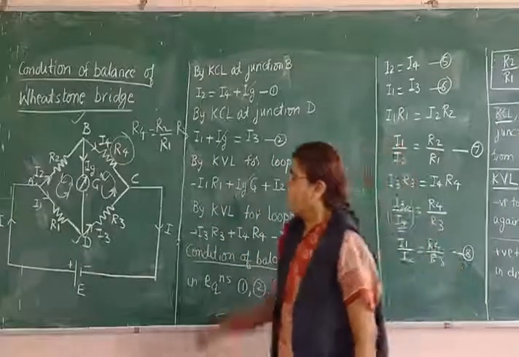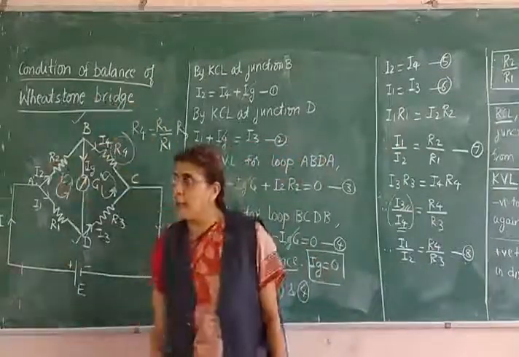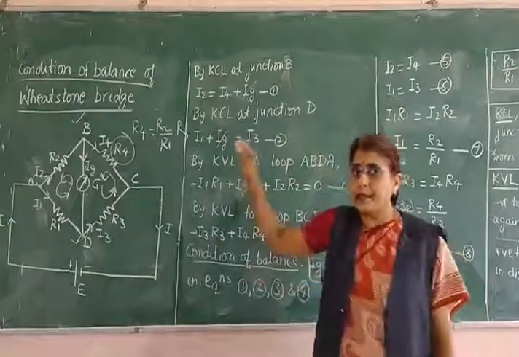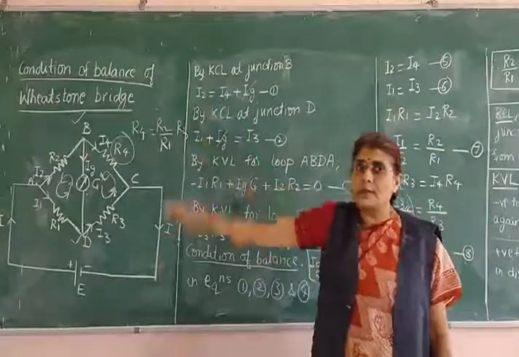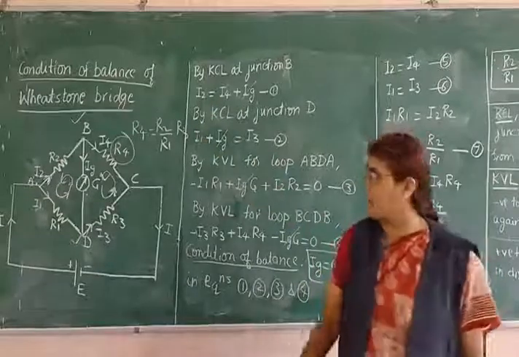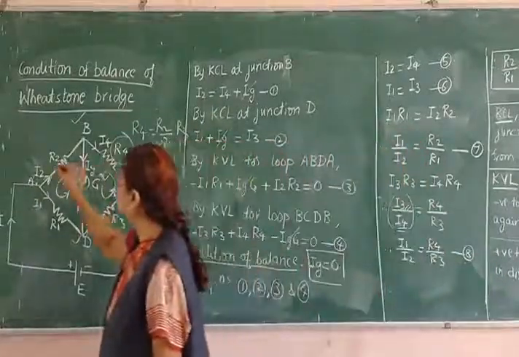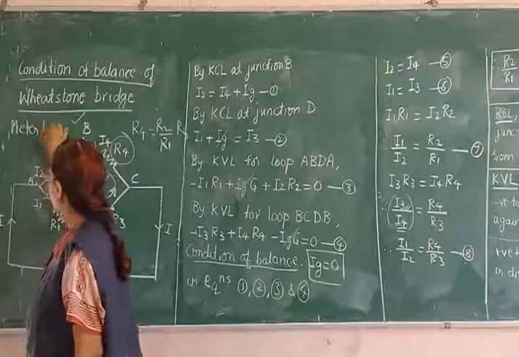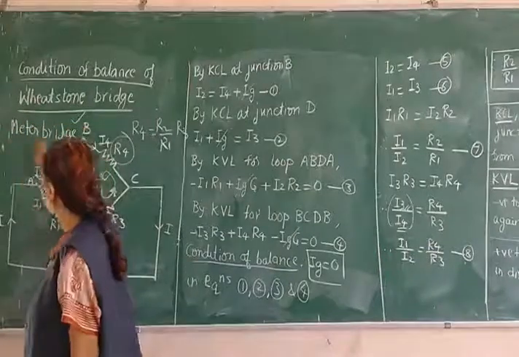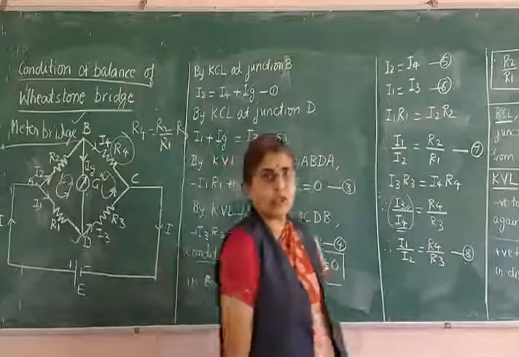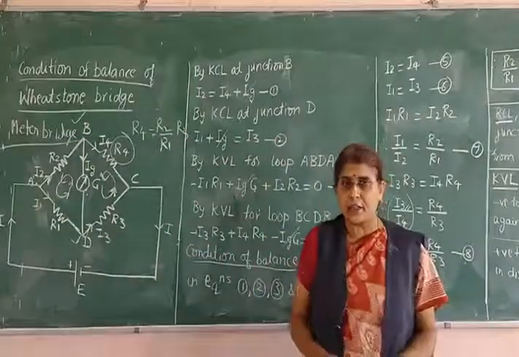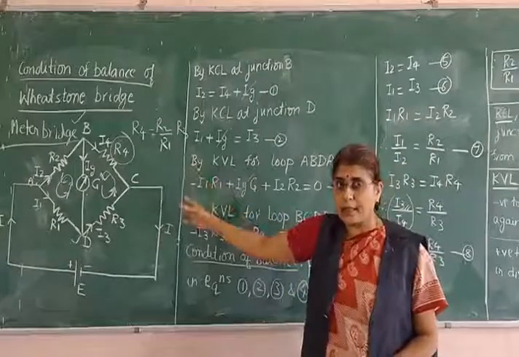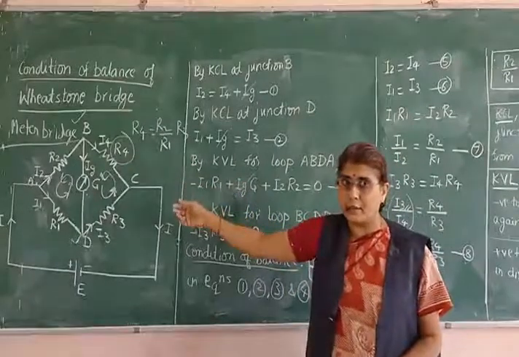Now, one practical form of Wheatstone's network that you will be doing in the lab. What is the experiment based on this Wheatstone's network? It is called the meter bridge. You will be doing this experiment in the lab. When you come to the lab and actually do the connection, you will know the Wheatstone's condition more correctly there, how you get a null deflection in the galvanometer.